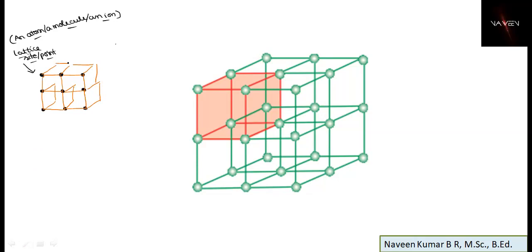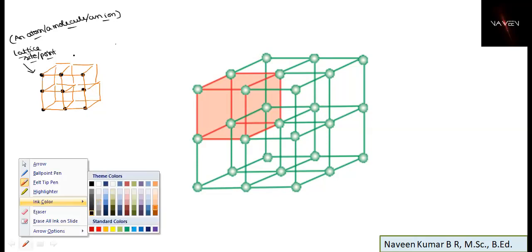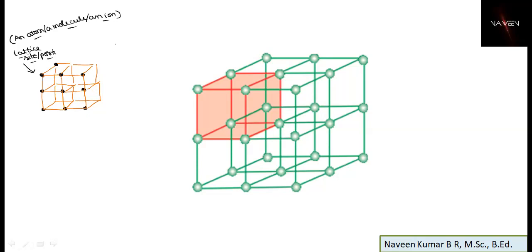So assume each corner, what we are going to write here, will be with a particle. So you will assume a shape like a cube-like arrangement you are going to see. If you keep on extending by writing the particles, try to observe it carefully. What I am writing here, you can observe in the right side